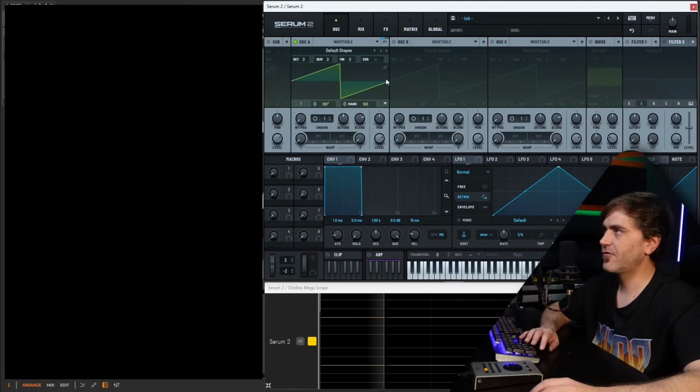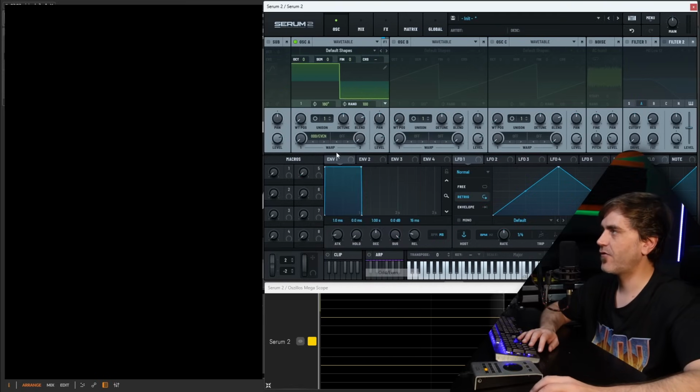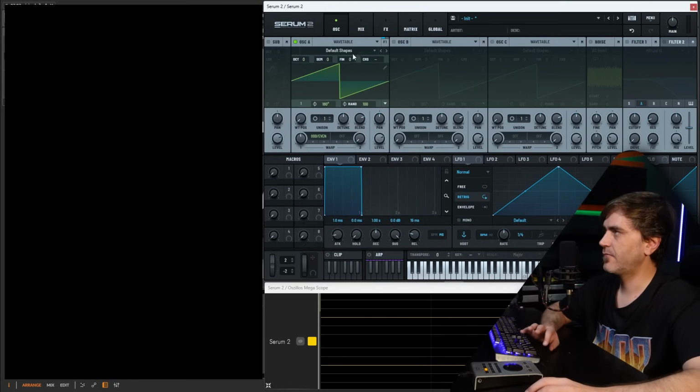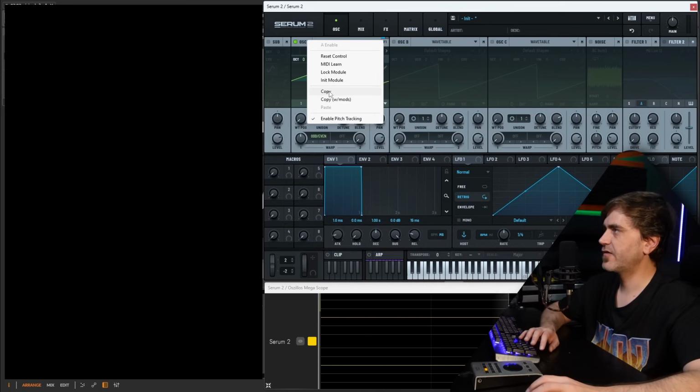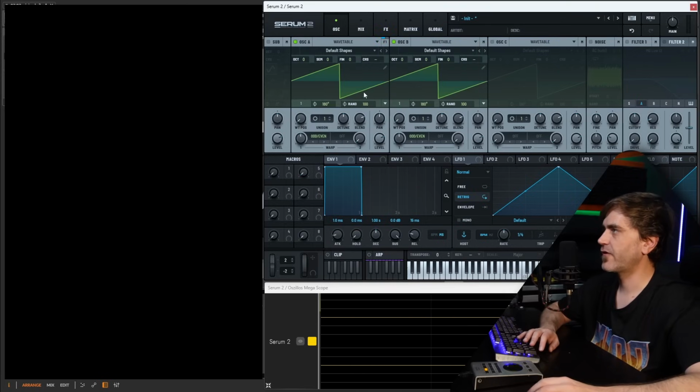So quickly, what I'm going to do is initialize the preset. Over here in the warp modes, under the alt warp, we have odd and even. And here in the middle at 50%, we have the saw wave that we started with. I'm going to copy and paste this so the results are the same. I want to turn off the randomization so that these are the same every time. And here, if we turn this down to odd and this up to even,